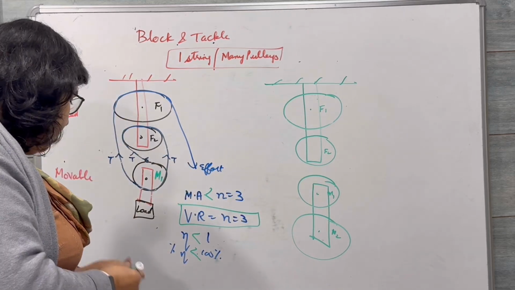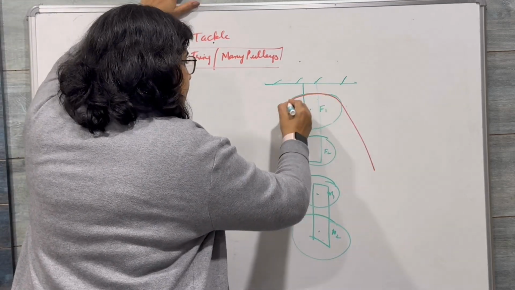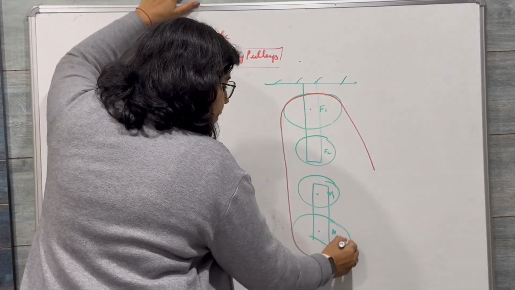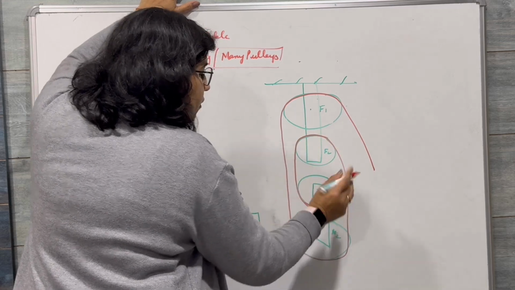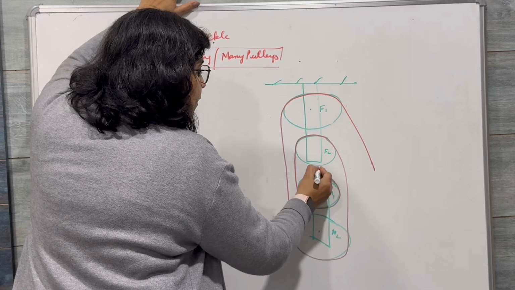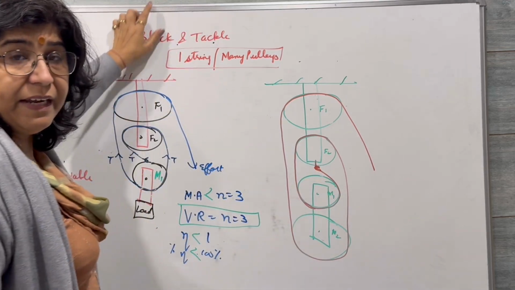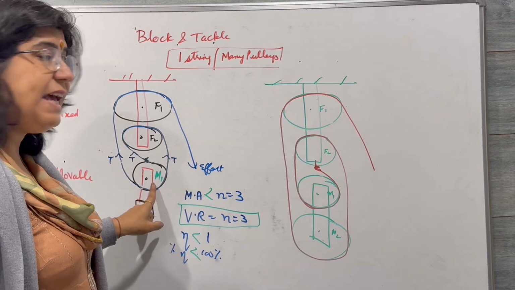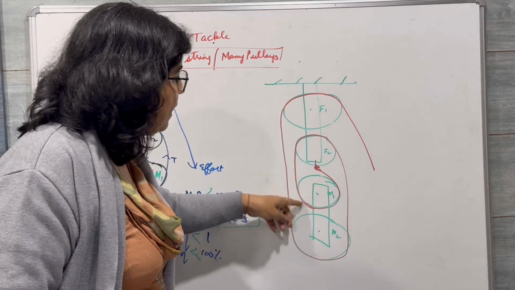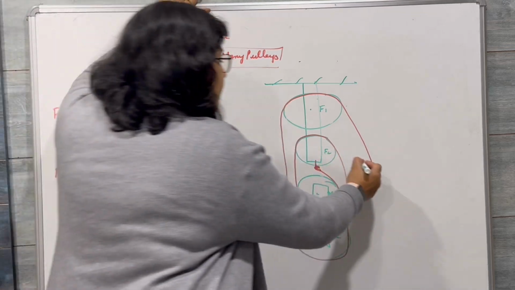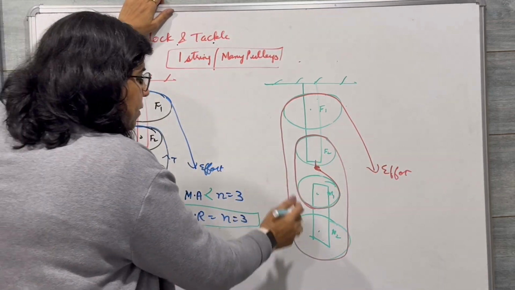Now where's the string going? Let's check the string. Above the fixed, below the movable. Above the fixed, below the movable. All 4 covered. Where will the string go? It will go and get attached here. Here's a string here. The hook. Getting it? See, if movable was 1 less, then the hook was with the movable. But if the number is equal, then the hook is with the fixed part. Here is the effort. I'm not making tensions very clearly here, but still remember,